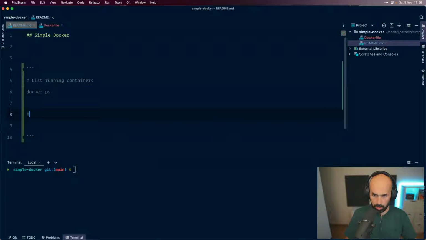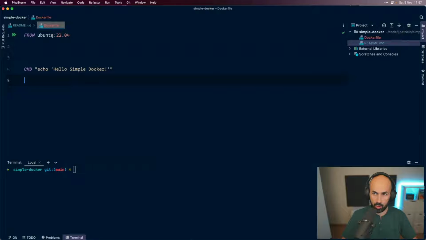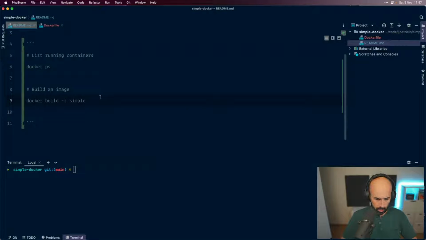Also, we're going to build an image, and we will build that by running docker build, and we need to give a name to the image. So let's tag it with -t, and instead of just Ubuntu:2204, I'm going to do simple-docker:latest.